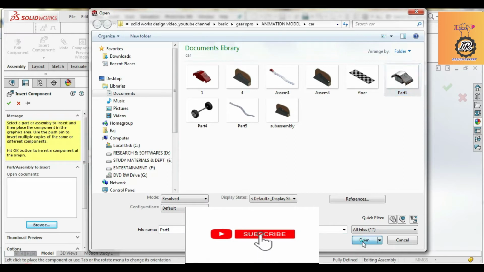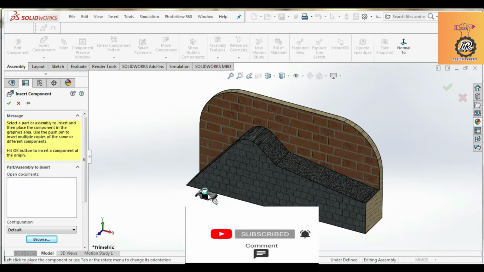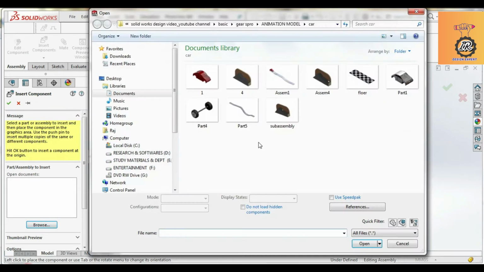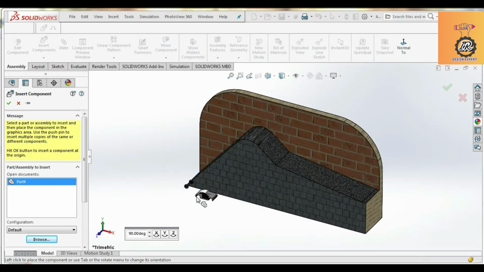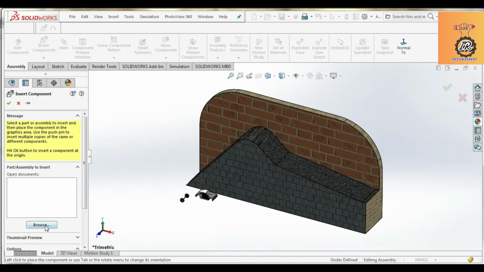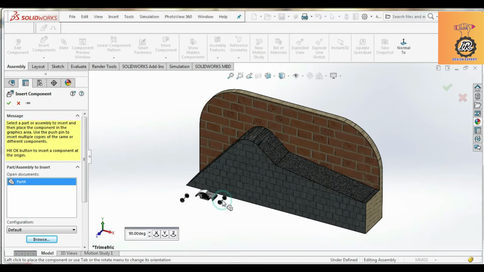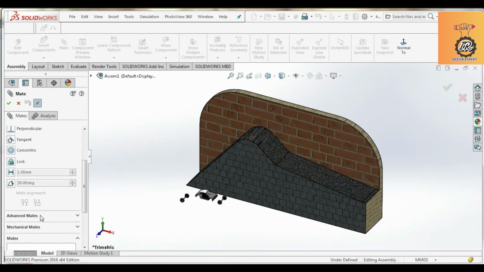You can select OK, and just locate it here, and again browse it, select wheel. Otherwise you can just copy with Control C and Control V, and a new wheel will be copied.